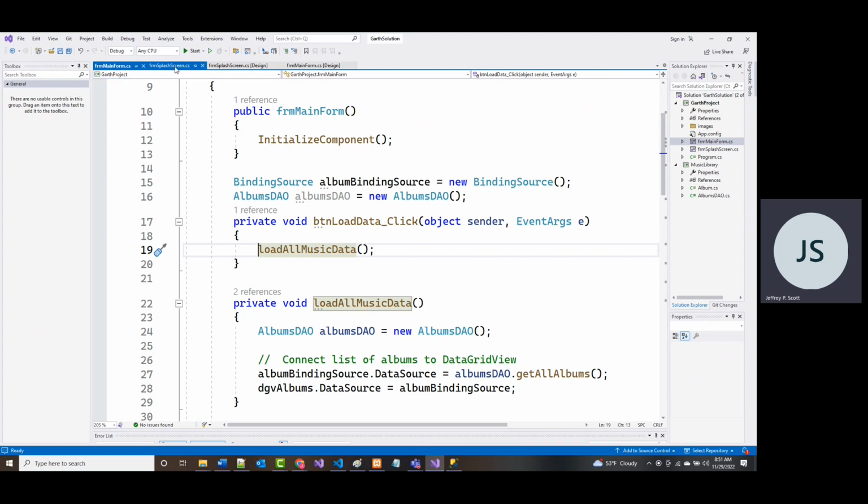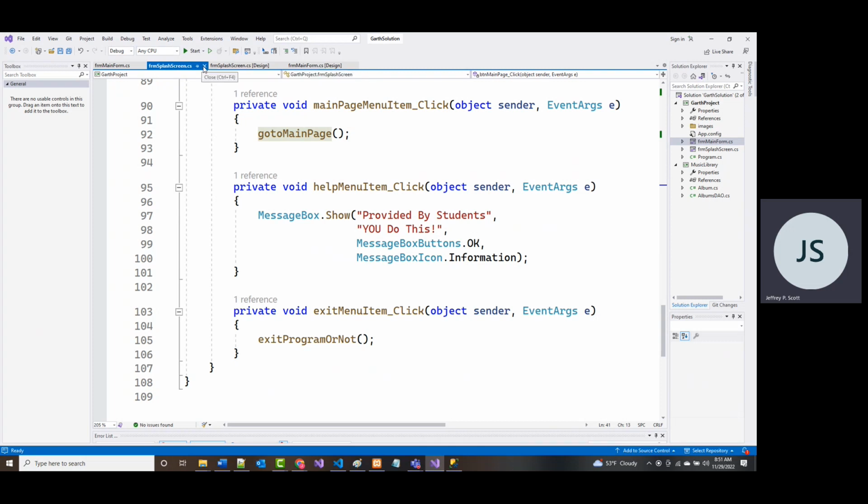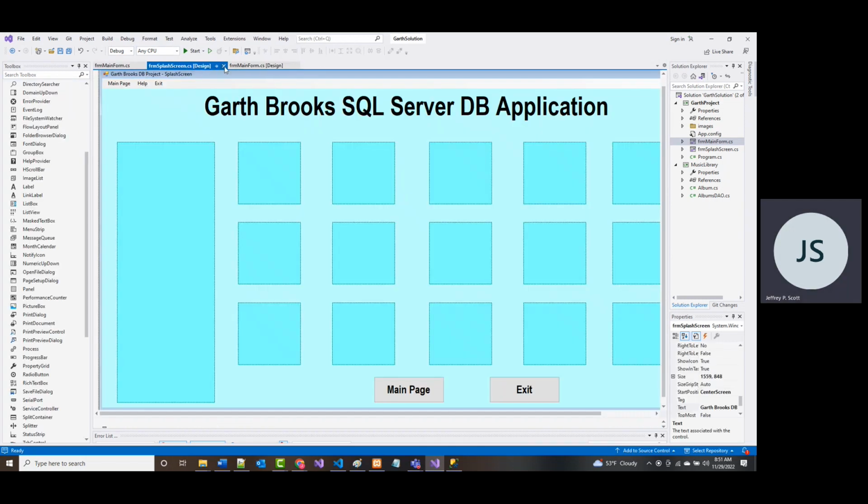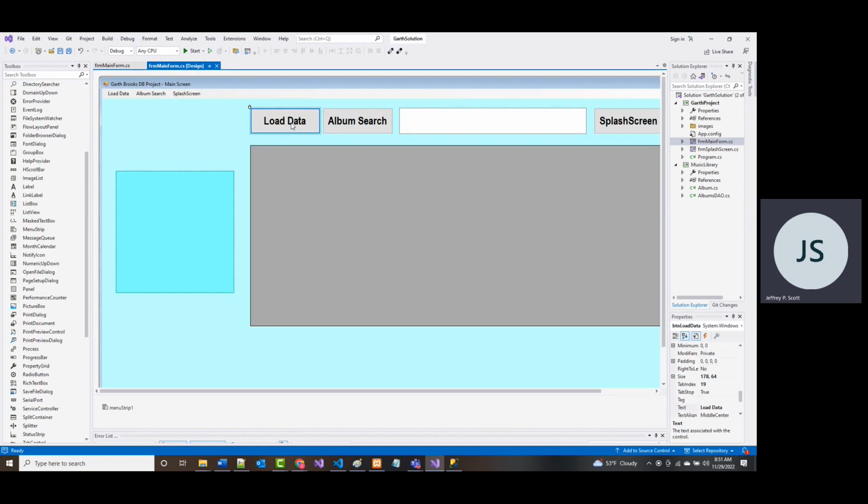But what I want to have happen is, when we run this, let me close this, and for that matter, let me close this as well. When I click this button, I want all of the albums to load. If I put something into the text box here, for example Garth, and I click album search, it should only find those albums with the word Garth in them. That's his debut album, and I think that's all it would find. If I leave this empty and click album search, it'll do the same thing as load data. It'll show everything. So again, that's what we're moving towards.